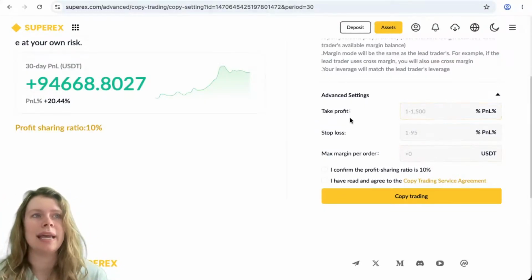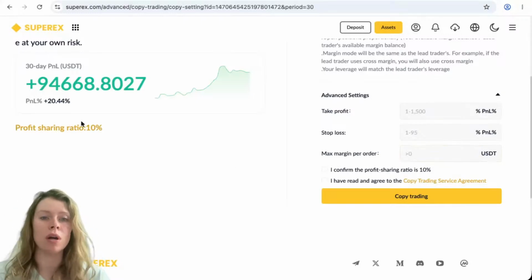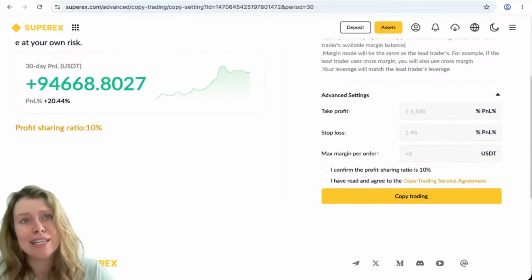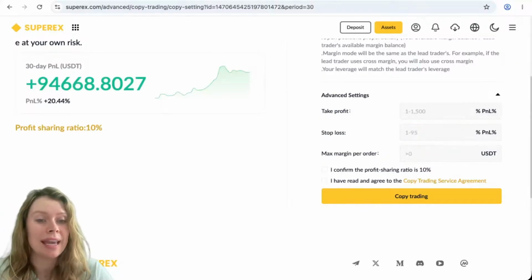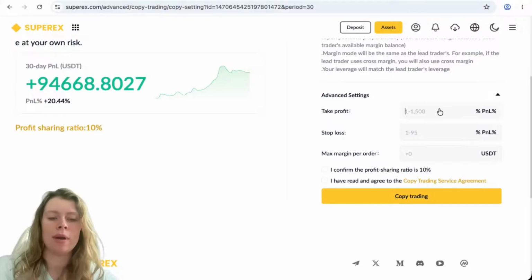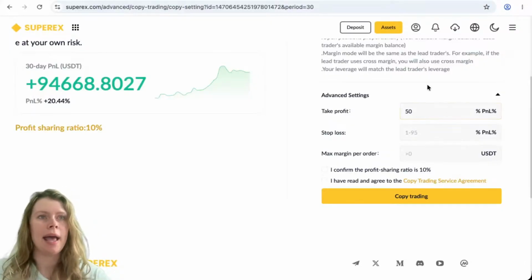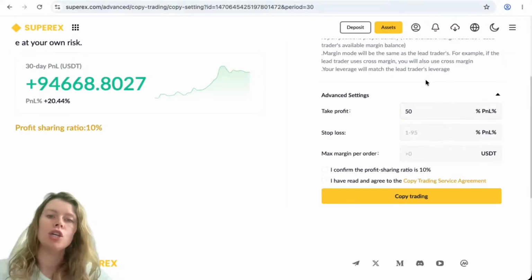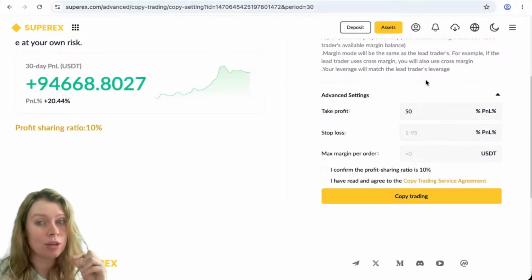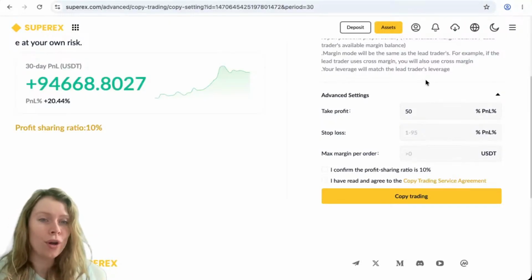So as you can see, take profit, stop loss, max margin per order. So it depends on what you want. My max order, I only have 15 USDT, so that's something that you'd have to take into consideration, okay? All right, so position take profit. I'm gonna put that one at 50% PNL. So meaning if my copy account gets a 50% gain on any single position, SuperEx auto closes it and locks